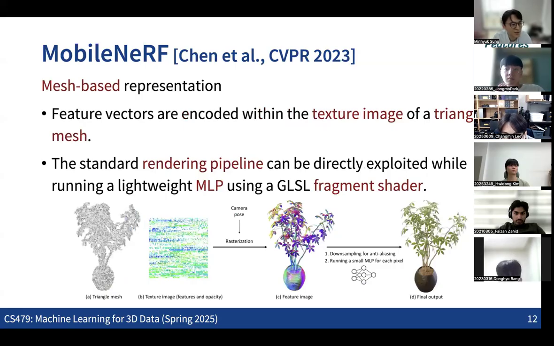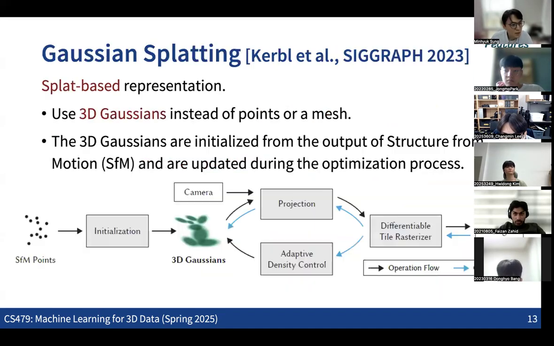And there's another example which is now using a mesh plus features defined on the triangles within the meshes. And the idea that we are going to discuss today is Gaussian splatting. This is also a technique along the line of making a hybrid representation, which is similar to using the point cloud plus implicit function. But now we consider not just defining a single point, but a point with volume information, basically defining 3D Gaussian blobs